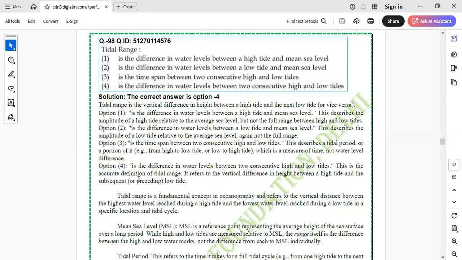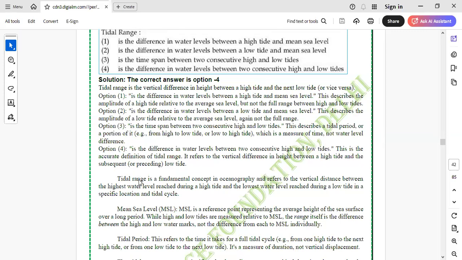लेकिन टाइडल रेंज एक्चुअली में क्या होती है? It is a vertical distance between, tidal range, vertical difference in height between high tide and next low tide, दोनों साथ साथ होने चाहिए। एक हाई एक लो है, उनके बीच का हाइट का जो डिफरेंस है। और यहाँ पे हमने मेंशन भी किया है,